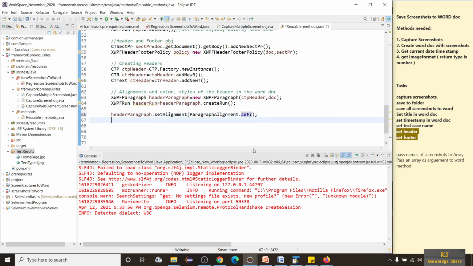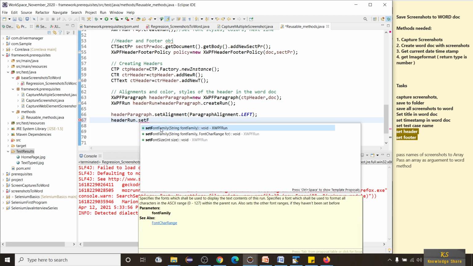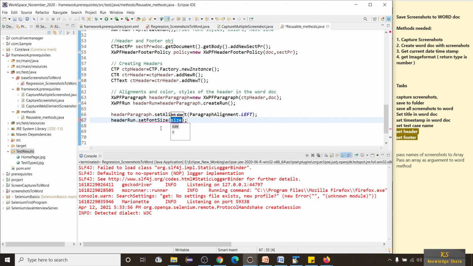I want to align the title or the header to the left, and then I want to set the size of the header. I'll call setFontSize, I'll put 10. And also you can set the color as well.